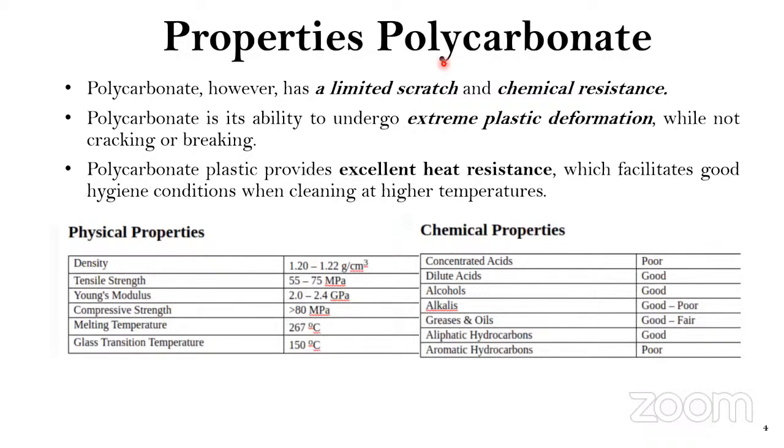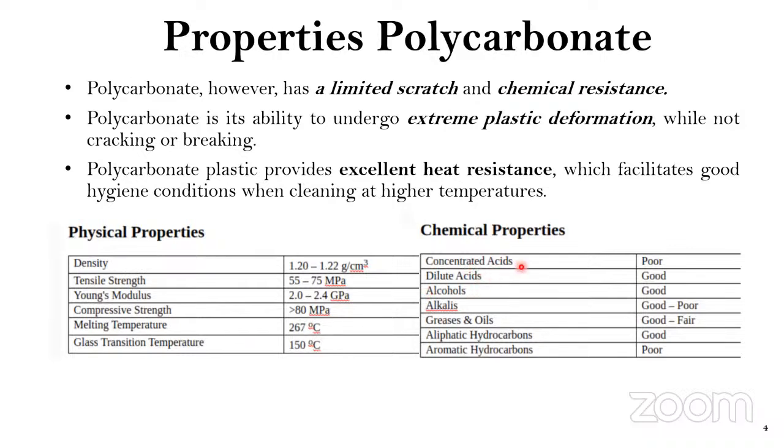As I told you, they have high impact resistance, so due to this high impact resistance, they have very limited scratch resistance, and they are quite good in chemical resistance. What do I mean by chemical resistance? I will explain by taking this example. See, they are quite chemical resistant, means